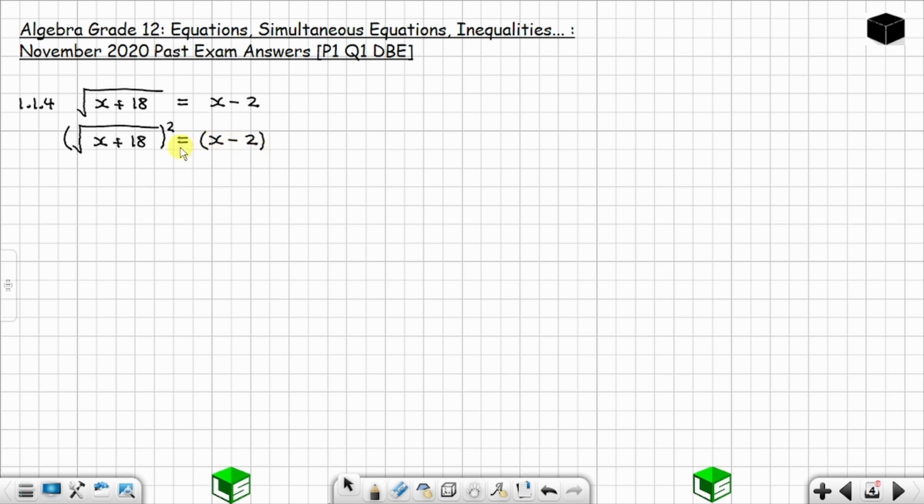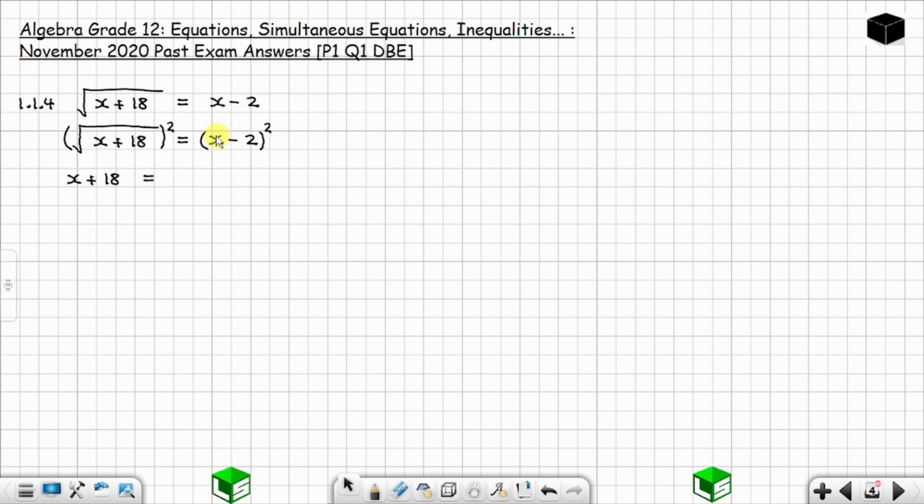Remember, what you do on the left, you also do on the right. So you are going to take the square of the right side. This is your right side, you take the square of the right side. And so this is going to drop. You only remain with x plus 18, right? The square root sign is going to drop. Since you took the square of the left side, you only remain with x plus 18, and this is equal to